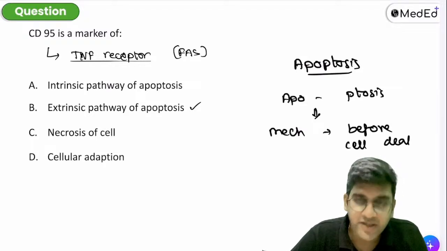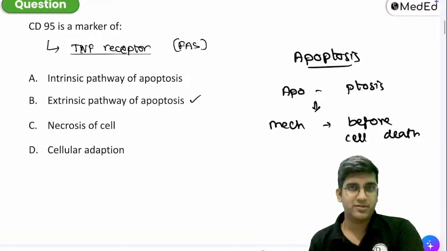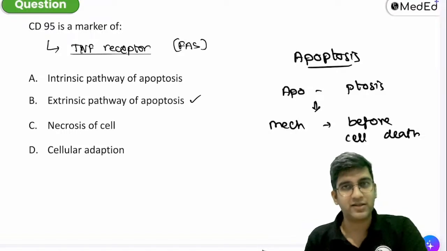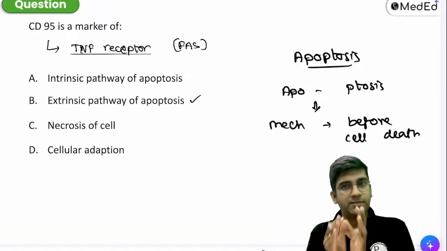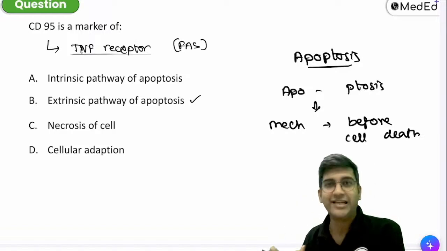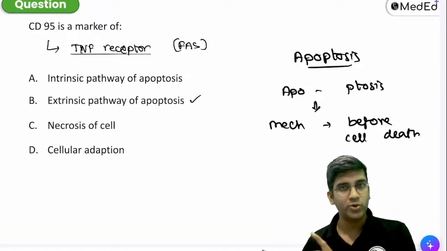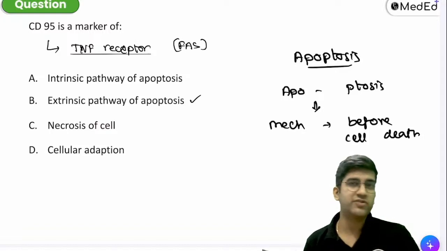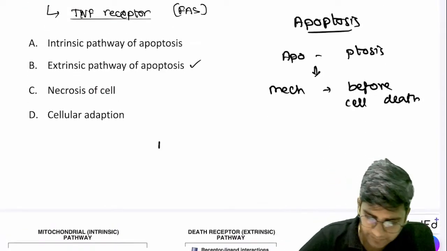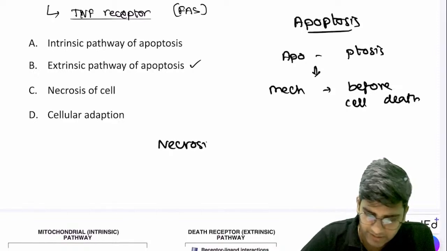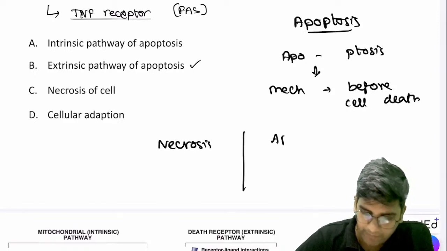And this mechanism is extremely programmed. That's why we call it a programmed cell death. It's perfectly followed, one via extrinsic pathway, one via intrinsic pathway. It follows a very classical template. That's why we call it apoptosis, and it's a physiological form of cell death. Fine. Now, what is the other type of cell death? I'm sure you know that. Necrosis is one, apoptosis is one, right?